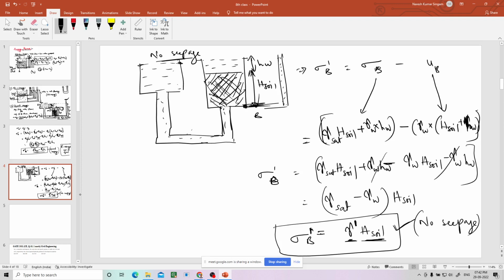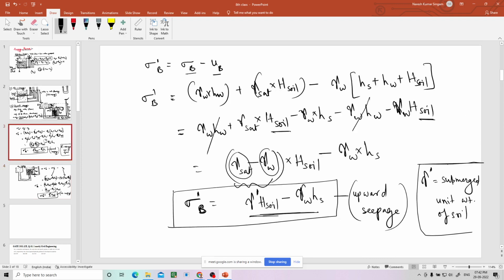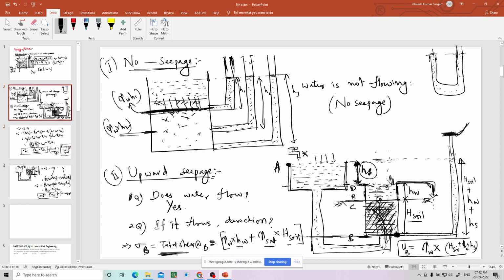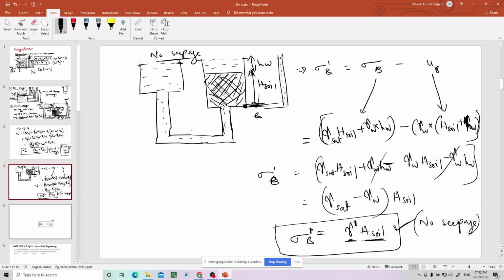You see gamma dash H soil, whereas gamma dash H soil minus H gamma W into HS, where HS is the head difference. This is the head difference, that is called seepage head, due to which seepage is happening. If HS equal to 0, these two levels would have been equal, then there would have been no flow. So that means whenever seepage is there,